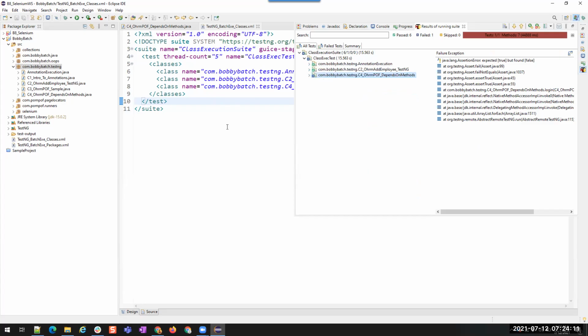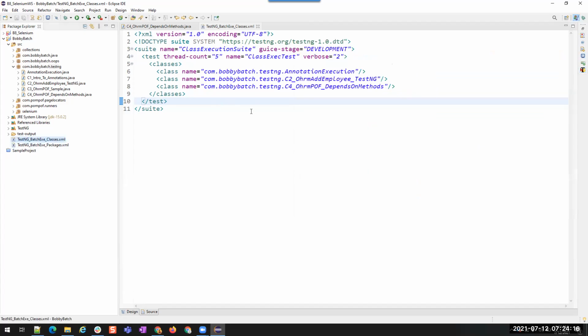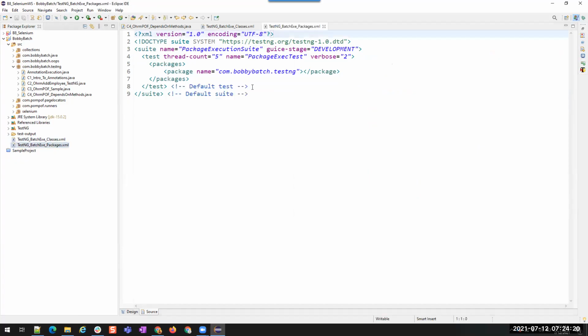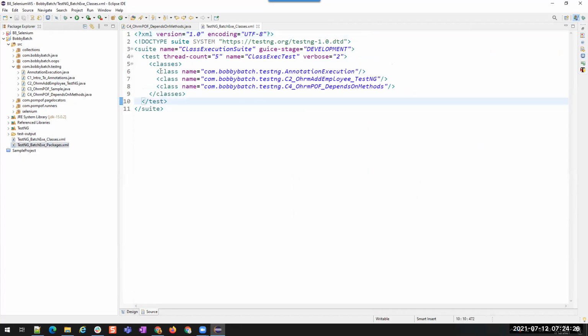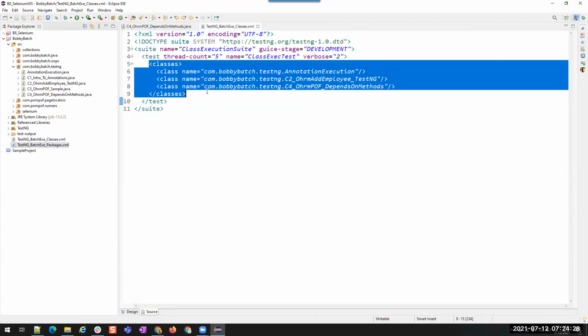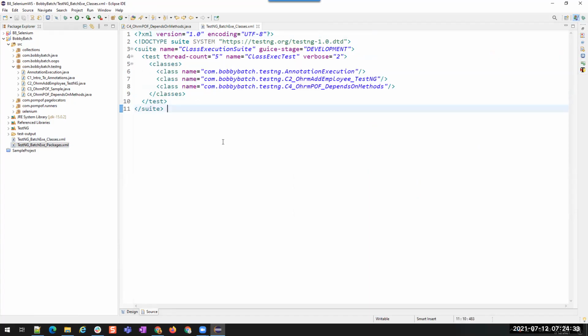Okay. This is the second way of batch execution. First one using packages. Here in the packages, I added only one package, but if you want to add multiple packages, you can add it. And inside the packages, if you want to execute only particular classes, you can add the classes. You don't have to add the packages because we are being specific to classes.